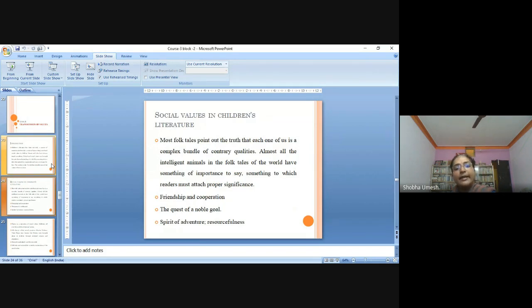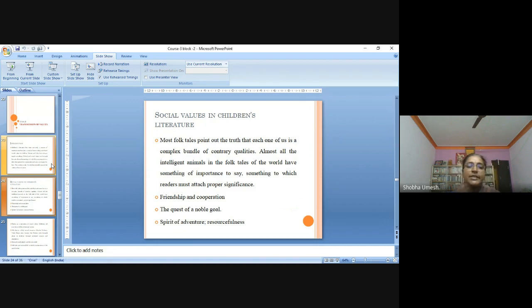See how to inculcate these social values in children. It's very difficult for the present generation, we can see, because there are a lot of behavioral changes. The present child is getting addicted to the mobile or the TV. They're more interested in playing the games which come on the mobile and the internet rather than reading books. But we should make them read books and get attracted towards books.